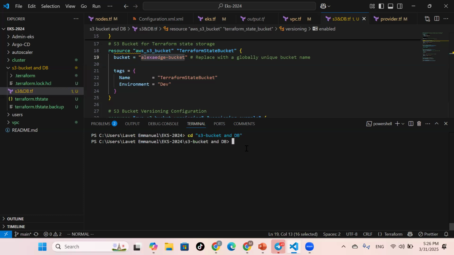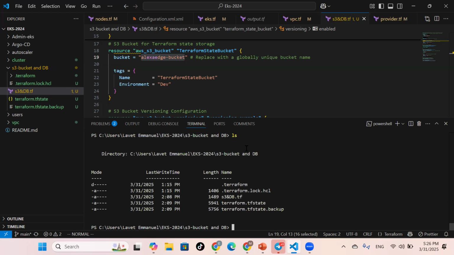Enter, enter, and next, you're going to do ls. Here now, you're going to see the script, this Terraform script, okay? So now